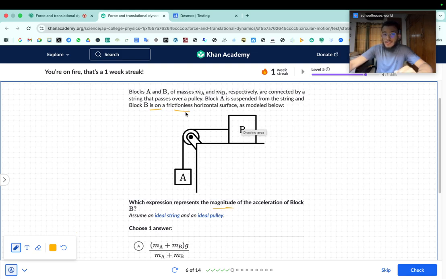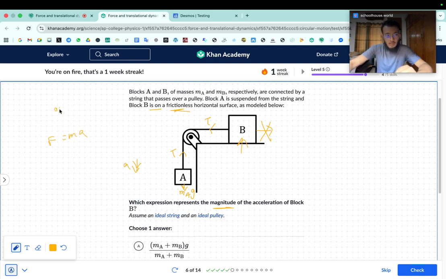Okay, because it's a frictionless horizontal surface, we don't have any force that is opposing the motion. So here we have tension T that is pointing outwards from B, our point of observation. We always label tension pointing outwards from our point of observation. And the force that is pulling A is the mass of A times g, the weight of this block. Now acceleration would definitely be in this direction, and if we apply F equals ma, Newton's second law,